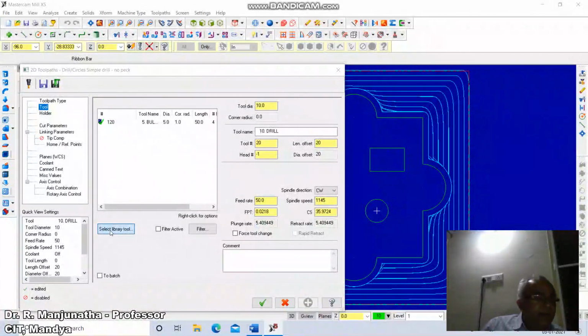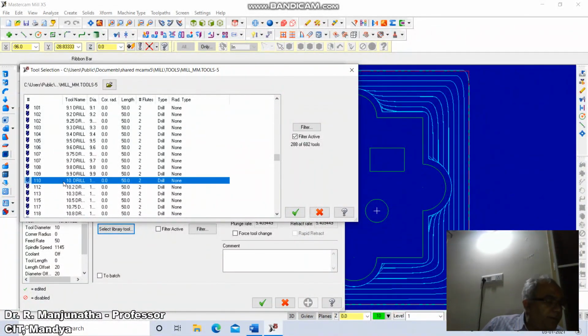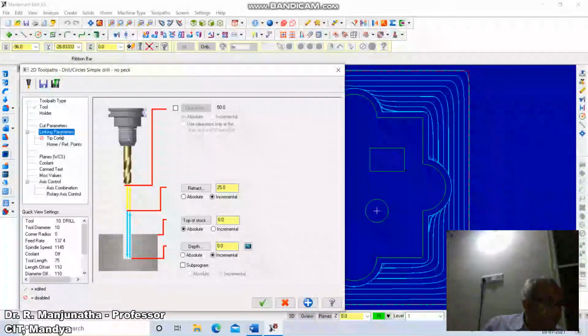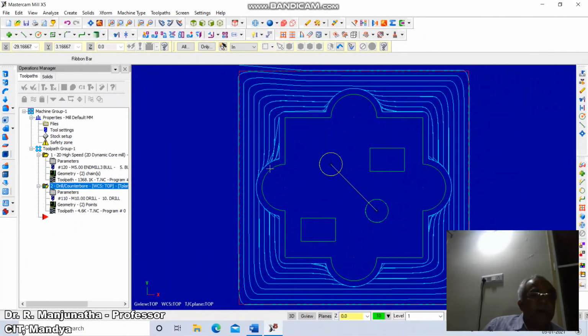Select from library tool. Click on 10 mm drill at 110. So 110, 10 mm drill. Click on linking parameters, right tick, click on linking parameters. Enter the depth value as -20. Click on right tick to clear the dialog box. So both these drilling operations have been done.